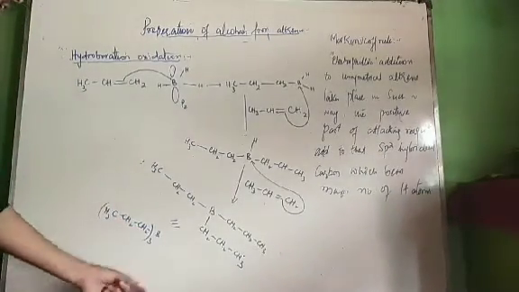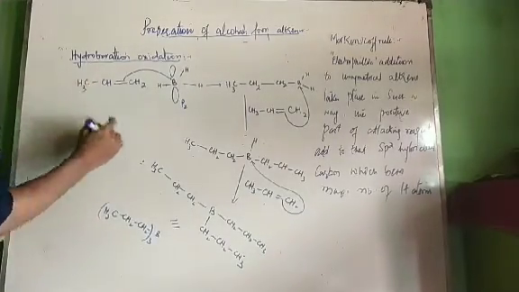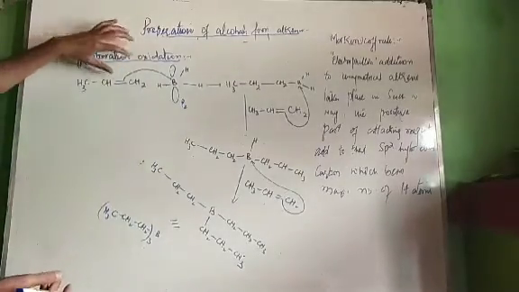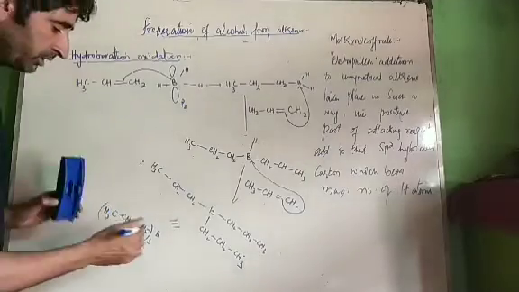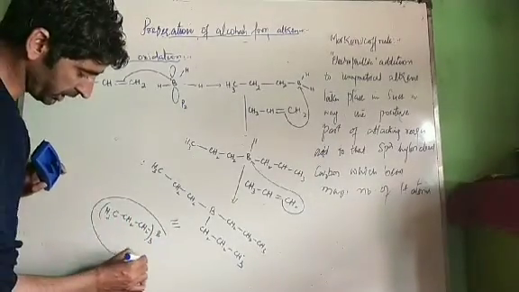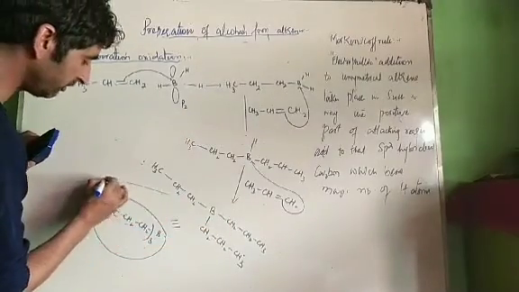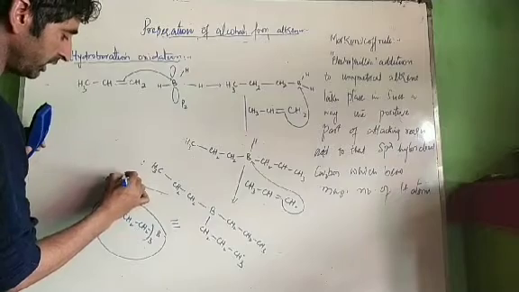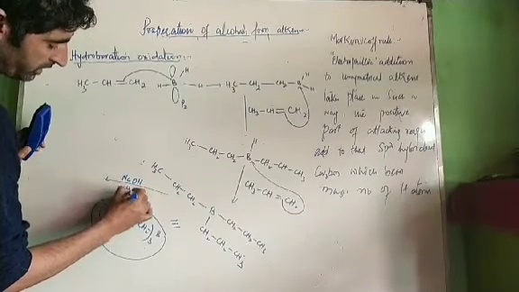Now this is trialkyl borate. Therefore, we need 3 molecules of alkene in this reaction. This is the part of hydroboration. Now oxidation starts. In your textbook it may be written like this, but this is the actual mechanism. Now we bring about oxidation. Oxidation is carried out in the presence of NaOH and water or oxygen.